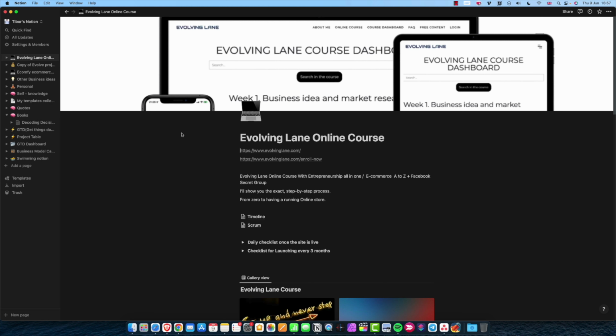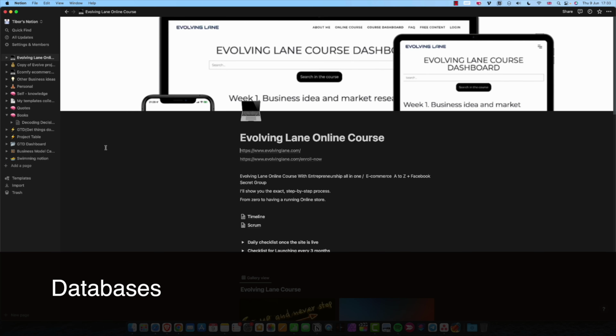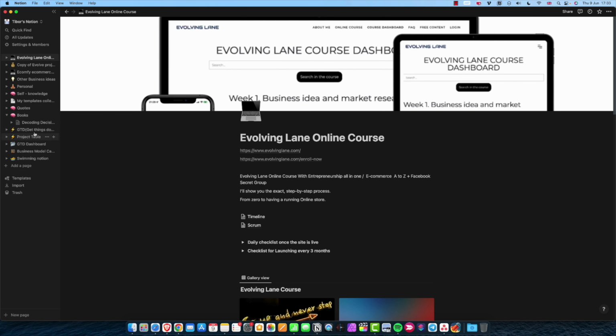So what are the benefits of using Notion? You can create databases in Notion, which is one of the main features of Notion, and by doing that it makes it very powerful compared to other similar services online. So I found one really good database. It's like a to-do list in Notion. It's called GTD, Get Things Done.